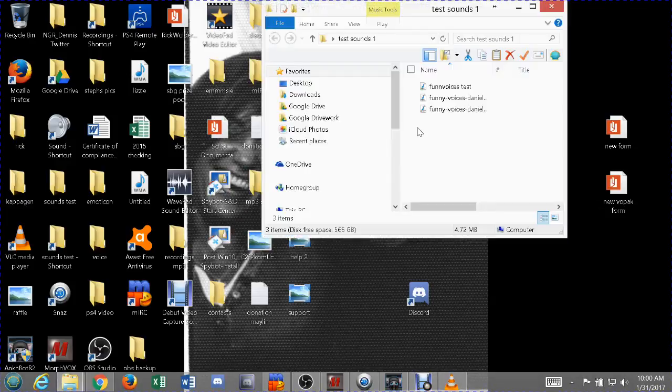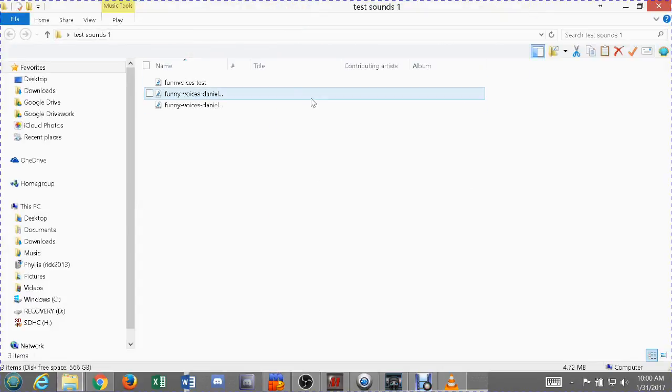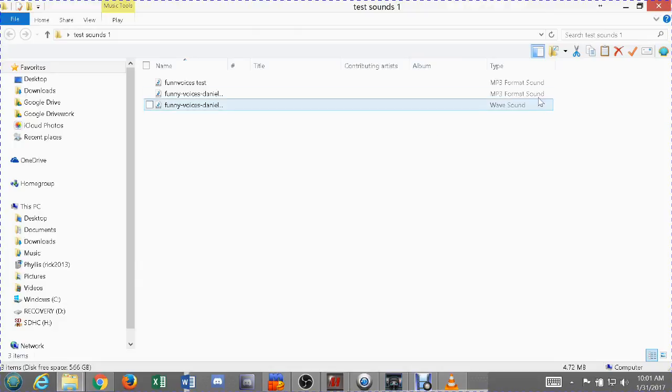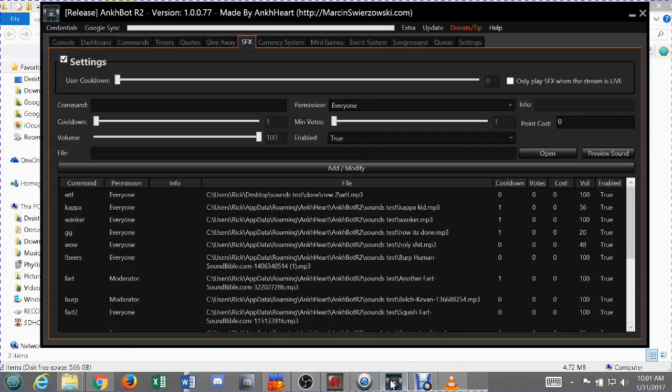But here's where it is. Now you can see I've got two different ones in here. Let me get rid of this. Type. Okay. You can see I've got two MP3s of the same ones. This is the one I just did. This is the one I downloaded as an MP3 from Sound Bible. So what you need to do is you go into